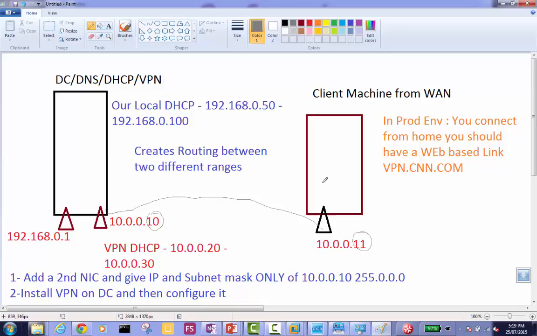Okay, I played this too much. You already know that I'm trying to confuse you now. When it connects to the VPN server, it will get the IP 10.0.0.something. What's the last one? Hey, you just gave a range, right? The DHCP range. What was the first IP of the range? The VPN DHCP. So you're saying that 10.0.0.50?